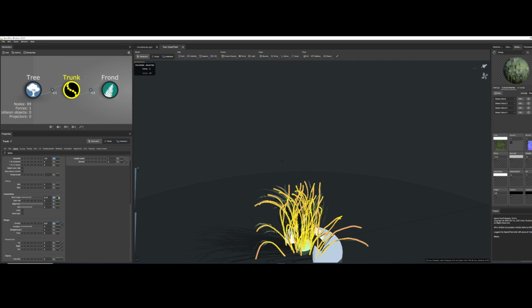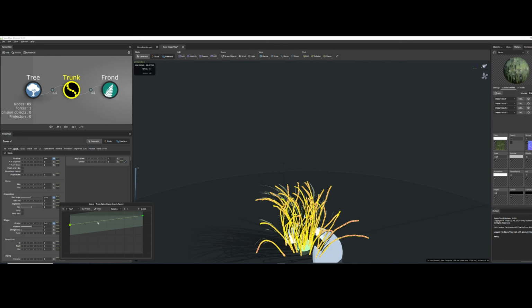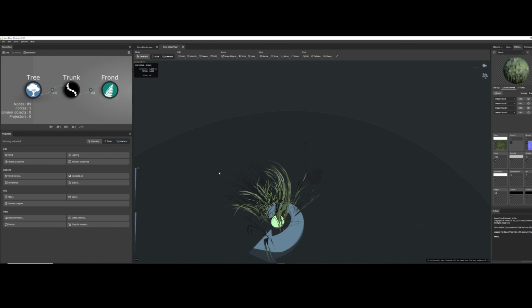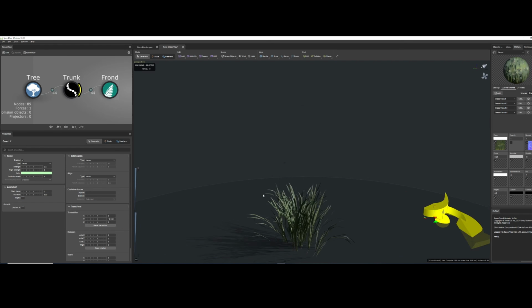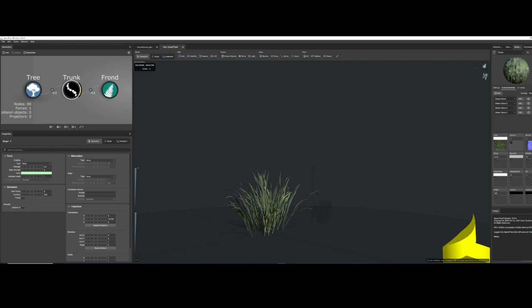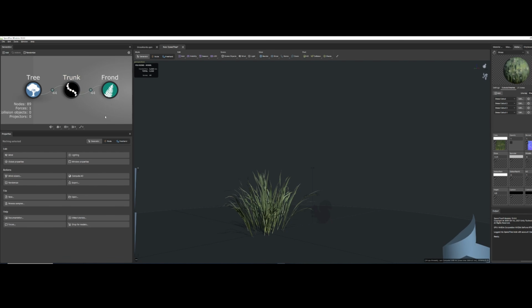And coming in here, playing with this a little bit, playing with the gravity, like so. And you can also use gravity to create different types of shapes and such. Maybe that's a bit too much with this. Turn this down. And so again, the mid tier, I want to reduce the polygons a little bit, as this